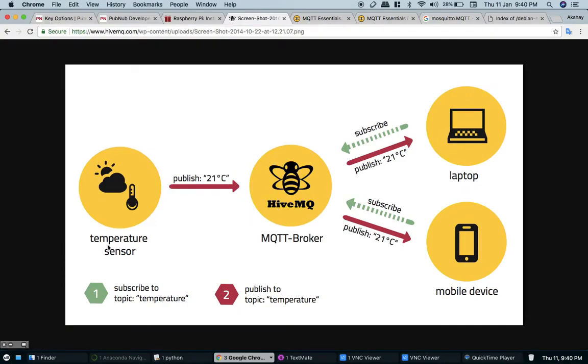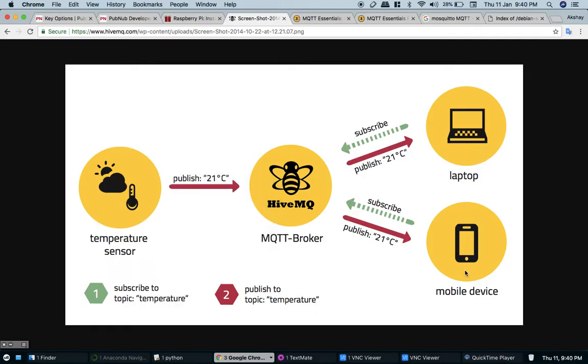In publish subscribe architecture, we have two things: client and broker. Client means normal client, any node point, and broker means server here. So you can see I am getting some temperature maybe from one client, and it is publishing this temperature to the broker, and then the broker will publish it to all the subscribers. This is the protocol.